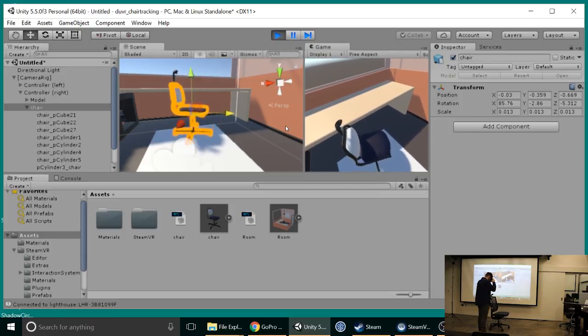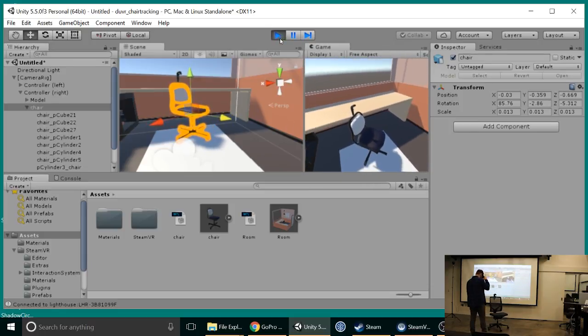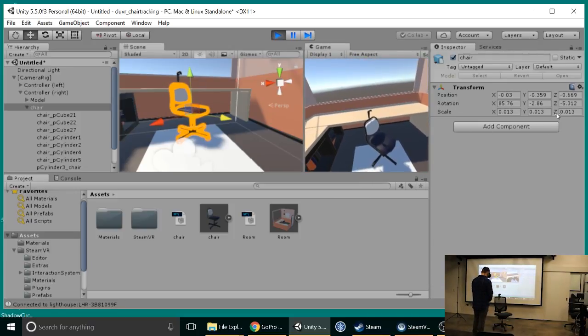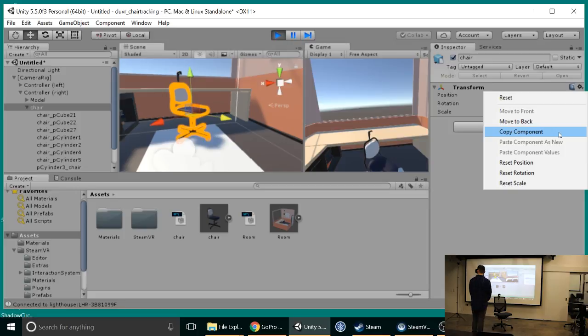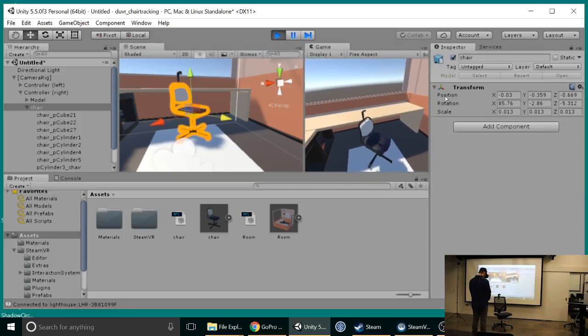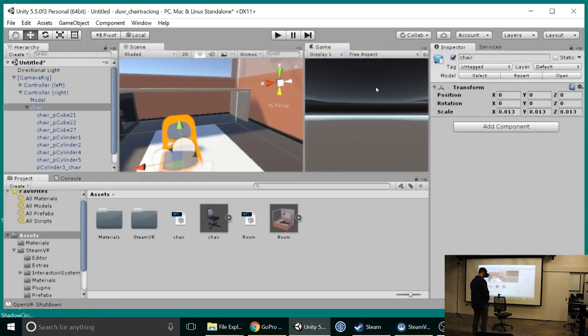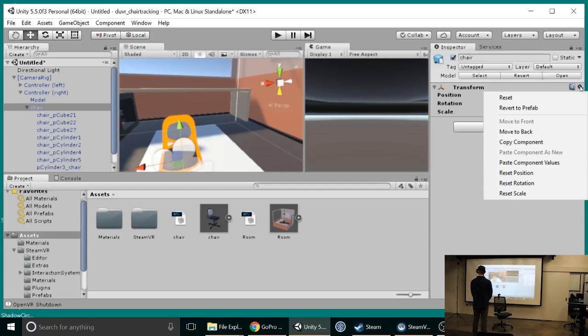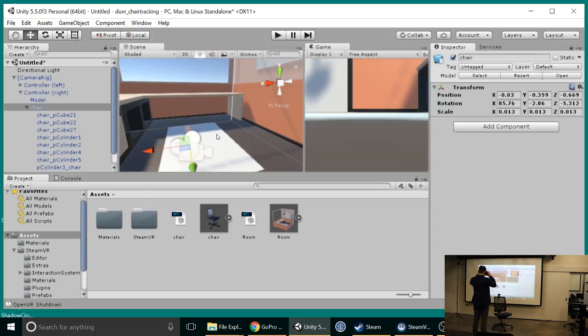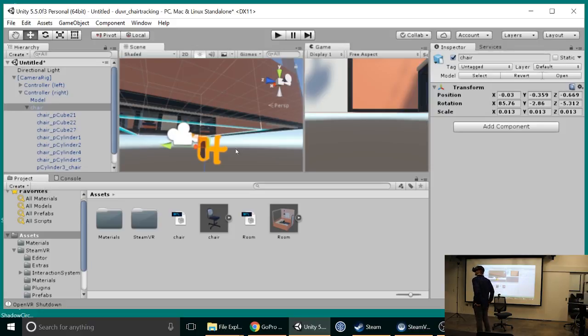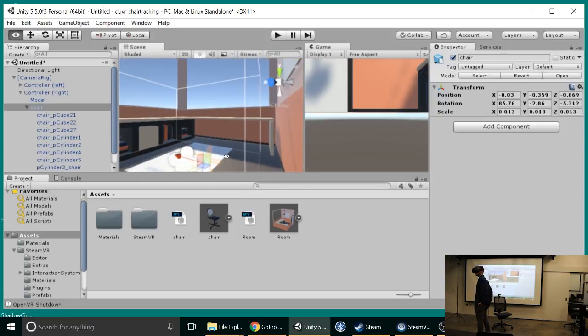One thing we want to be careful of is if we were to press pause right now to hop out of the game mode, we would actually lose our rotation and position values. One way we can get around that is if we click the settings cog again and say copy component. That's going to copy all of our position and rotation values so that once we pop out, with the chair selected, all we have to do is click the cog again and then paste component values. You'll notice that the chair is in a weird orientation down here, because that's where the controller origin is. But if we were to press play again,